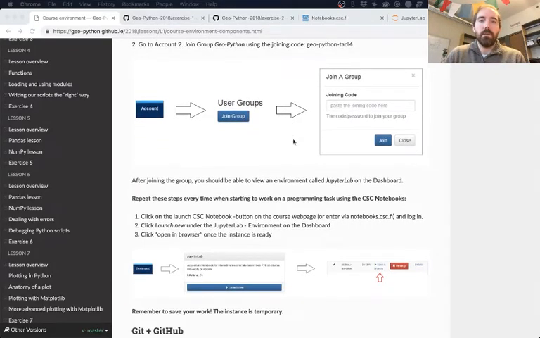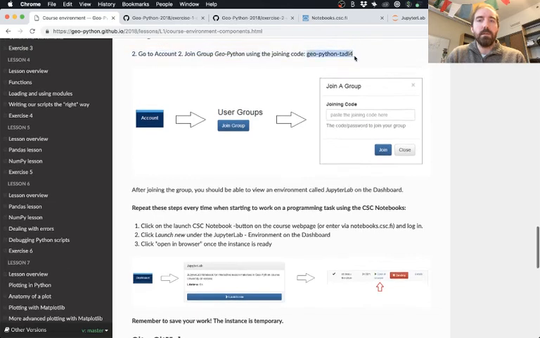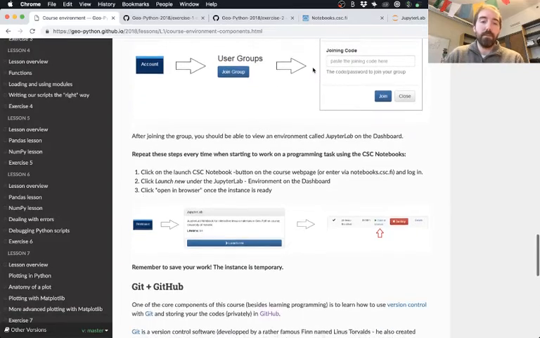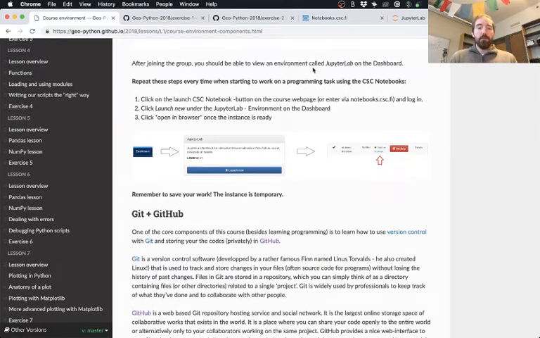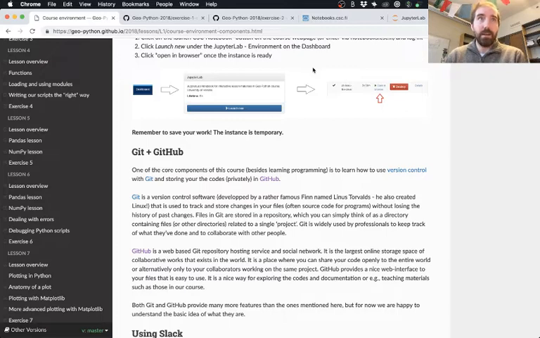And so that's nice. If anybody's been using this CSC notebook system, I guess this joining code is still working. I hope that's the case. If it isn't, of course, that'd be good to let us know. If we need to create a new joining code or something like that, it can be done. And if I don't see anything in the chat or on Slack, then I'm just going to assume that it's working okay.